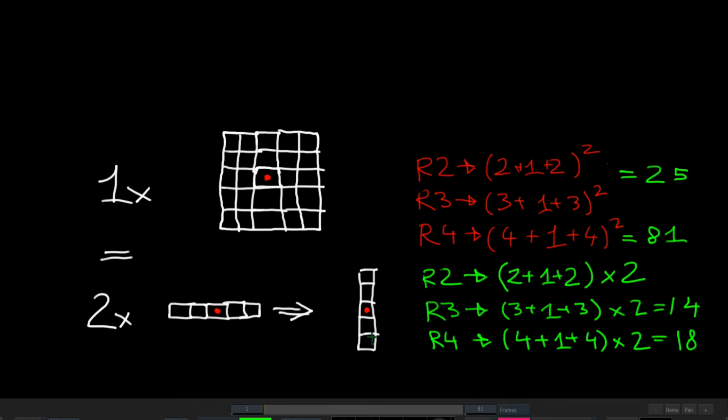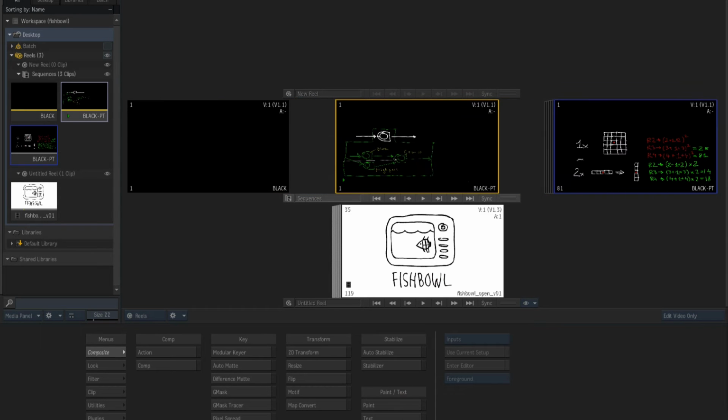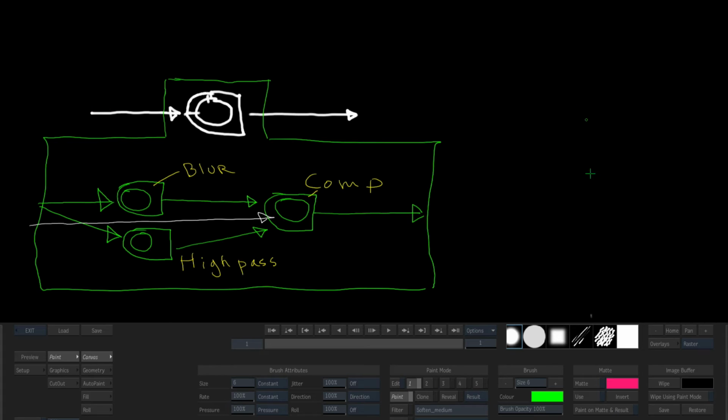And if you combine them together, then you will actually receive the identical result as the box version that you do in one pass. So, and this is pretty much what we're going to do. So if we look at our drawing here, then for our case of a box blur,